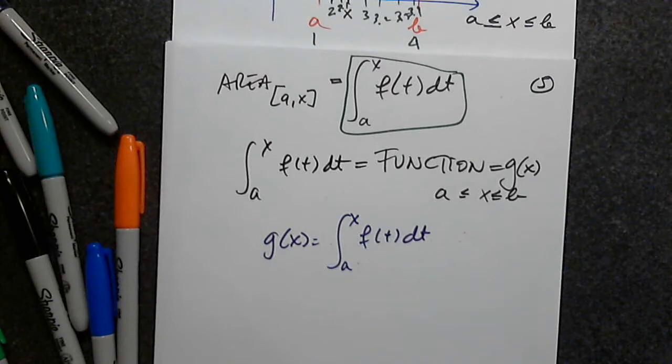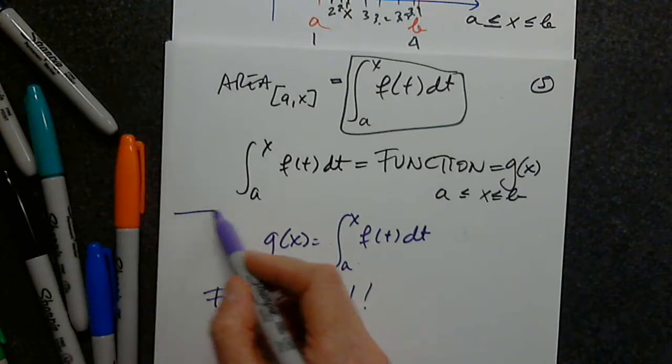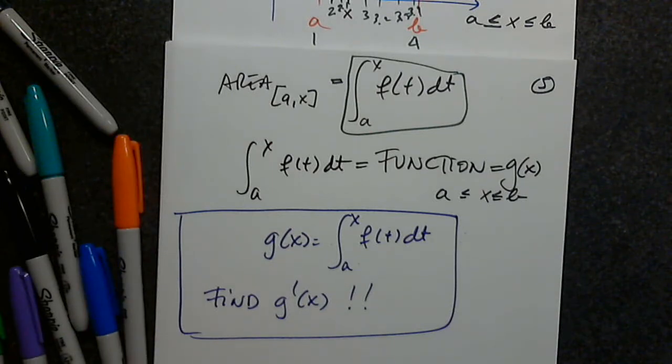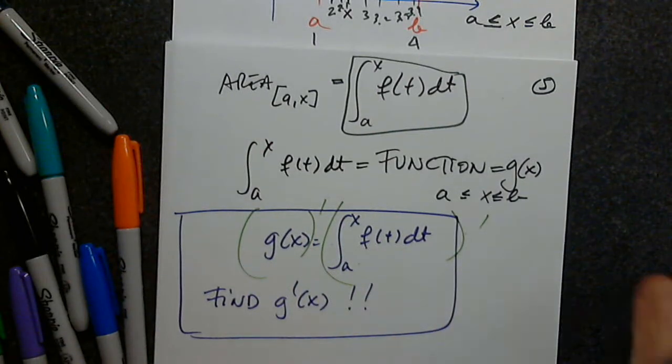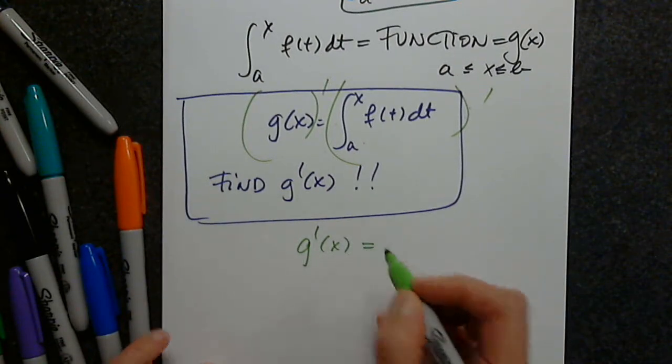We're not ever asked to determine the integral. The only question that we may be asked here is find g prime of x. I have a function. I'm asked to find its derivative. The function is given in the form of an integral. How do I find g prime? I differentiate both sides. That's what I need to do, both sides. And let's see what we get. The left-hand side is what I'm looking for. But now,